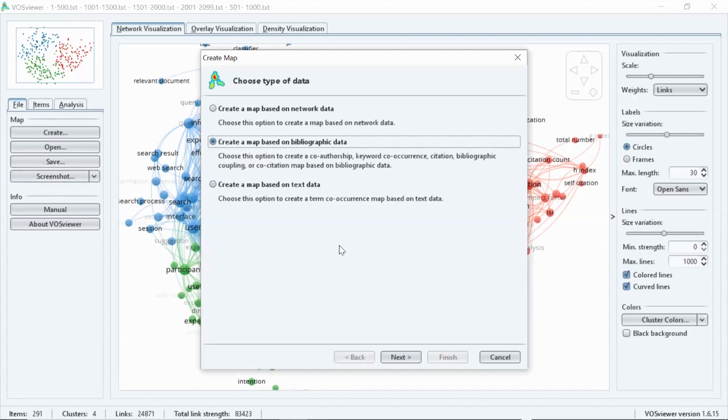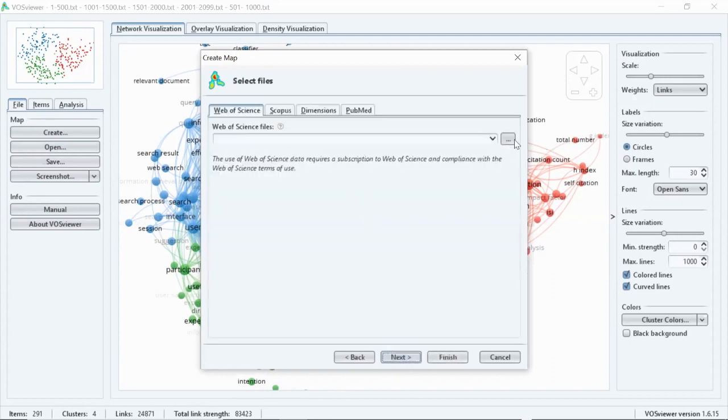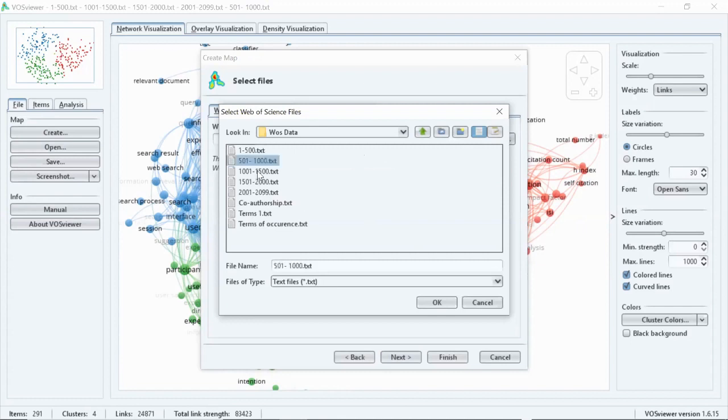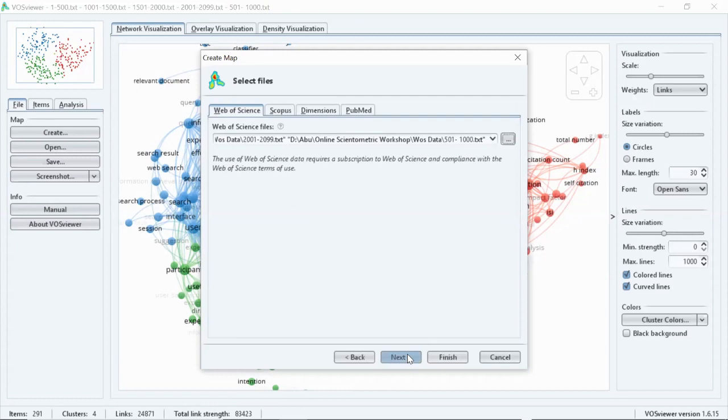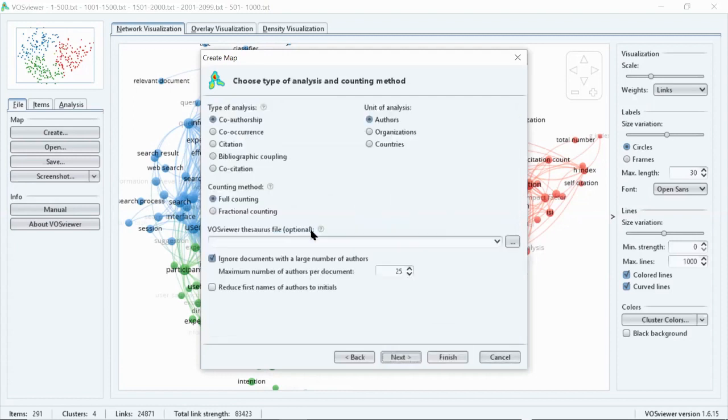We got an overview about the contents of publications published in the journal for the period of 10 years. Now we are going to do a bibliographic analysis of this data. Just click next. Again, we are reading data only from Web of Science, and then click next and export the same 5 files 1, 2, 5, and then click OK. Next, reading the data, and now you see different kinds of analysis have been presented.